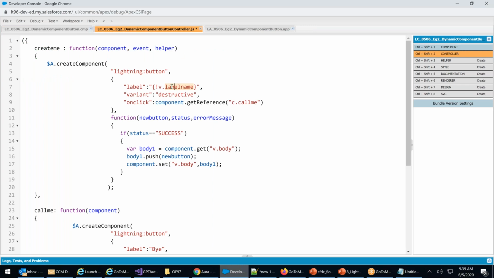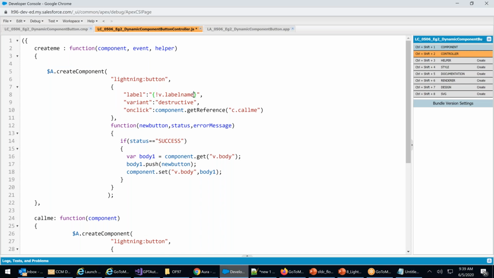How will this label come here? First of all, I have to bring the component dot get. I will say var lm equals cmp.get, component dot get.